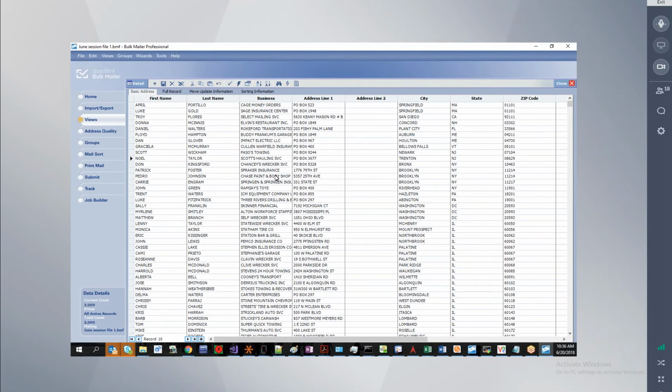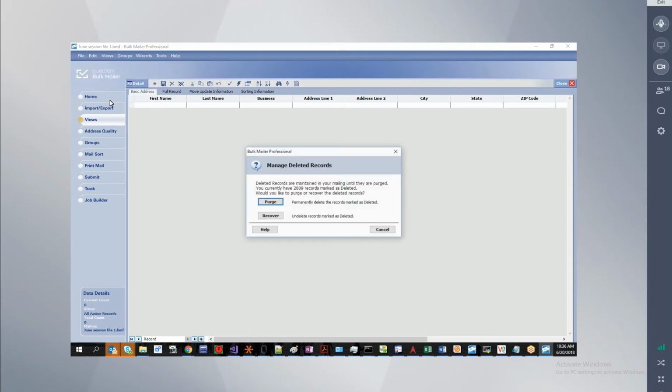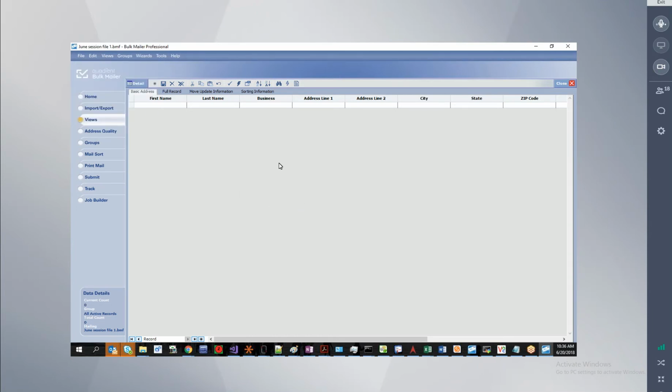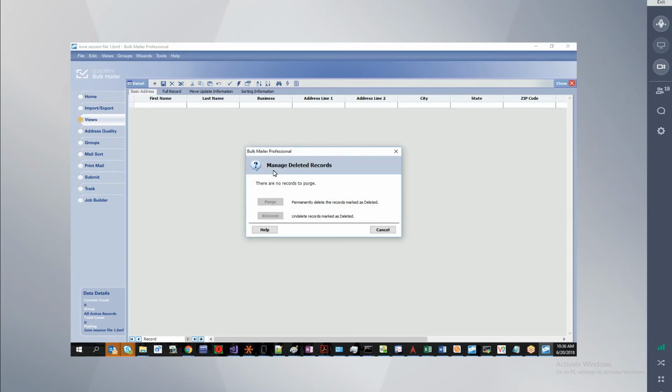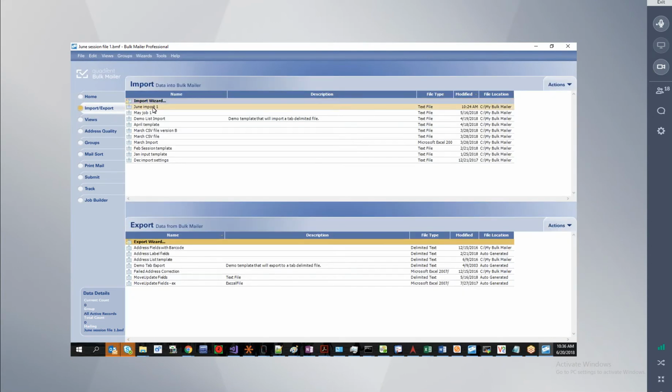Now let's say that something went haywire with the way you were processing this list, and you actually want to delete the records. In that case, we're going to delete them all. And then we're going to have to follow up here in manage deleted records and purge them. And now if I come back here to manage deleted records, you can see there's no way to bring them back. But I'm not too worried about it because, as you recall, I saved that import template. And watch this. If I double click on this,